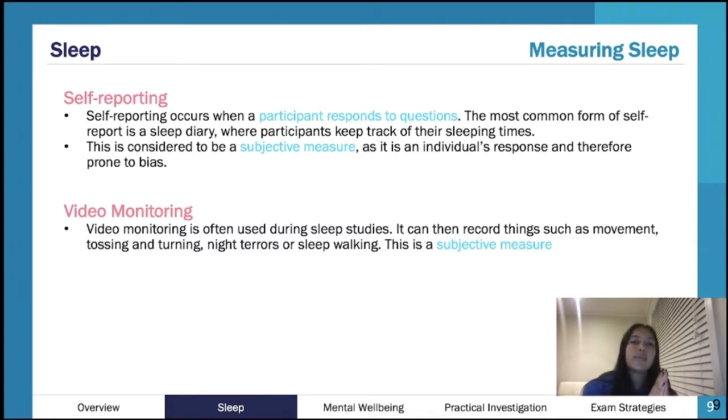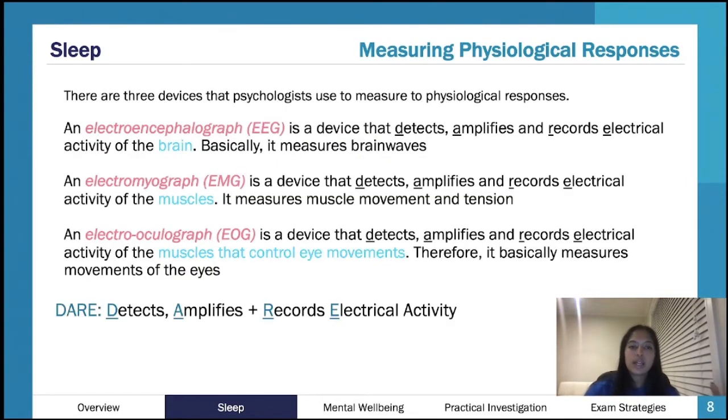But it relies on the person that's watching the video to interpret what they think is going on. And that's why it's a little bit more subjective as opposed to your electrodes. They produce graphs that have little waves on them, and then that's what it is. It's kind of data. It's more objective. I know it's not technically numbers, but a little bit more numerical data.